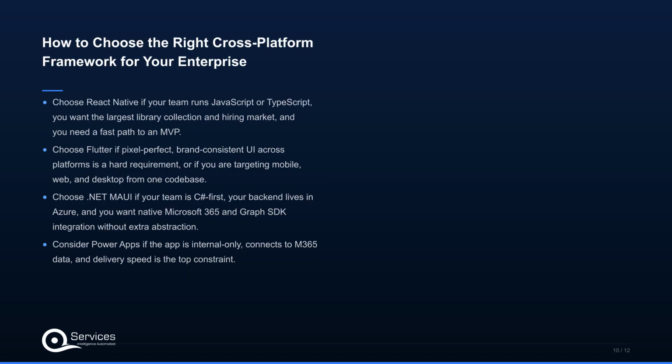Now, how to choose the right cross-platform framework for your enterprise? The framework choice rarely comes down to one factor. Here is the practical decision logic. The most important variable is team language fluency. Switching languages for mobile development adds 3 to 6 months of ramp-up time, which typically offsets the theoretical advantages of any particular framework. A React Native development project in the hands of a strong JavaScript team will ship faster and with fewer integration issues than a Flutter project where developers are still learning Dart, even if Flutter is the technically